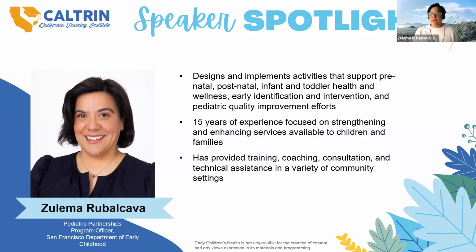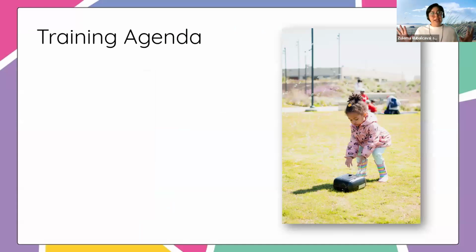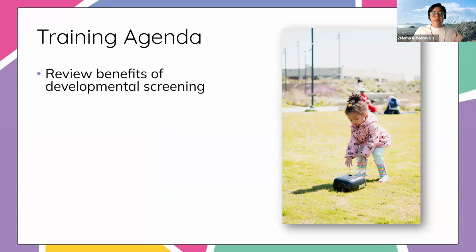I just want to give a little level set for what we're going to be doing in the time that we have together. I know it's not a lot of time and there's a lot of information, but I'm really good at being able to answer questions as we go. So the things that we're going to learn today are around the ASQ, which is Ages and Stages Questionnaire, third edition. Sometimes I'll drop off that three because it's really just the third edition. So I'll just say ASQ.